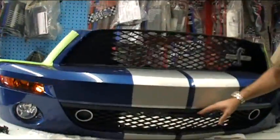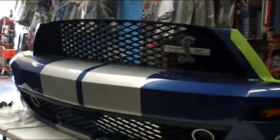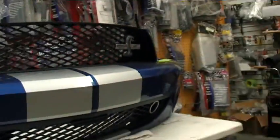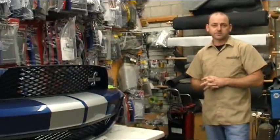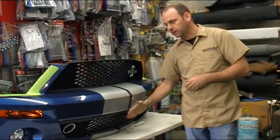Our head tech Brian custom built a pod for the K40EX laser diffuser here, just simply to trim it out and make it look a little more like a factory piece on the vehicle. You'll notice that we've got it slightly sucked back in, but still pretty much parallel with the bumper. You don't want to get the diffusers too far back in there because then they're ineffective. You want to have them as far out as possible. Obviously we could have come out a little farther on this car if it didn't look bad, so we slightly brought it back in so it sits parallel with the tip of the